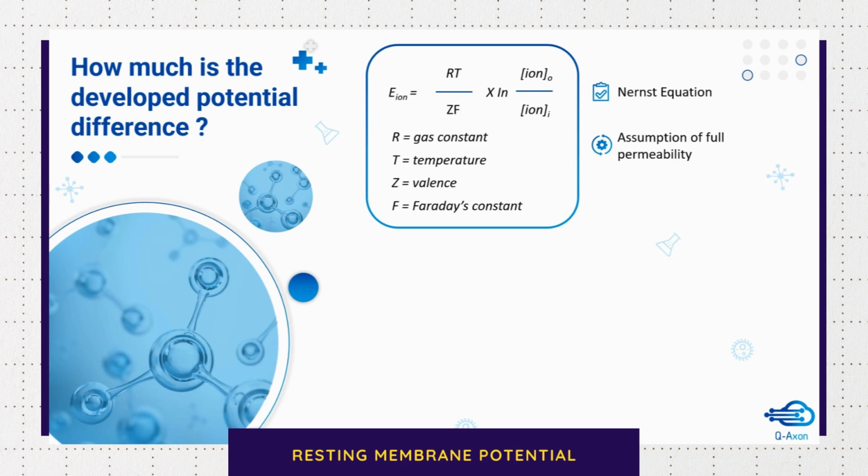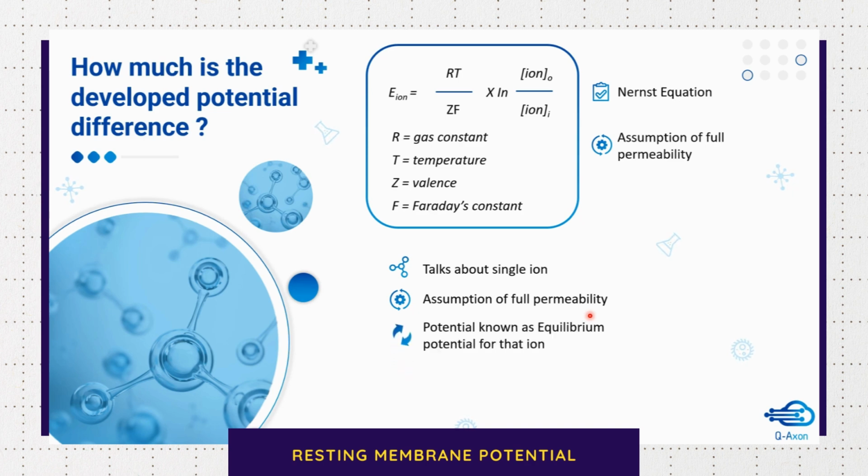First of all, the Nernst equation assumes full permeability for a particular ion. That means it's not that the membrane has a selective permeability for a particular ion; it can increase or decrease the permeability. It's like the ion can freely move across the membrane, and it talks about a single ion only, to which the membrane is fully permeable. That is why the potential which is developed when we consider the Nernst equation is the equilibrium potential